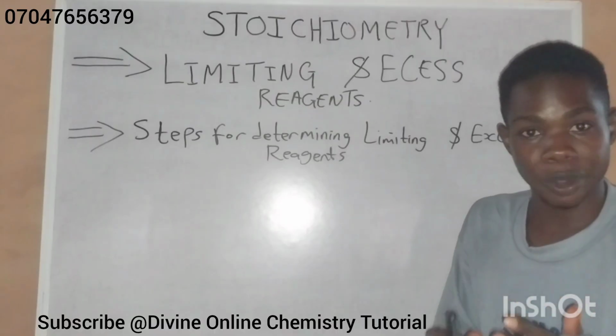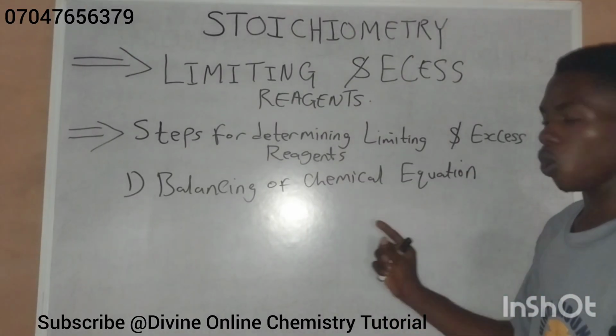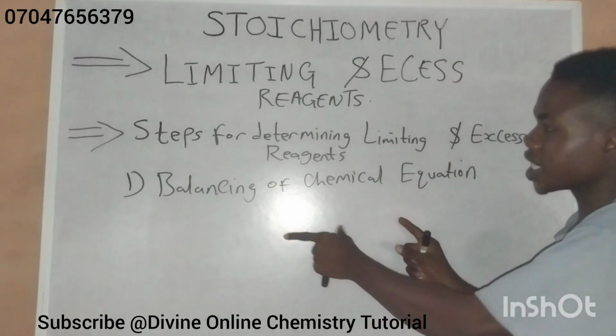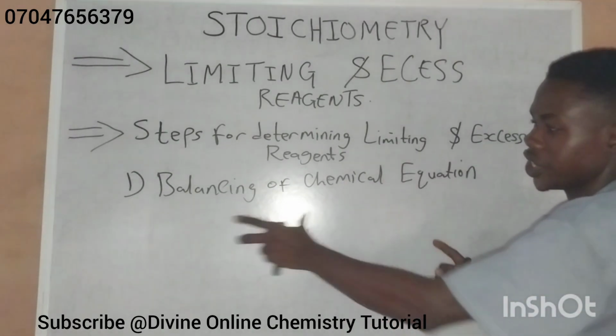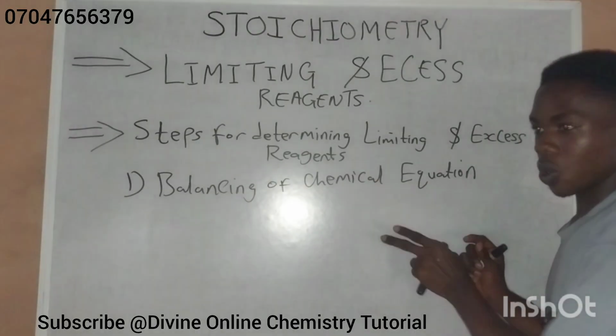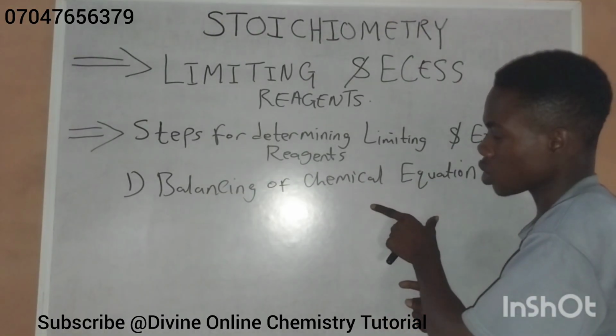Now the first step is to balance a chemical equation. So the first step is balancing of chemical equation. So this is the first step for determining limiting and excess reagent: balancing of chemical equation. Now the second step after balancing of chemical equation is to